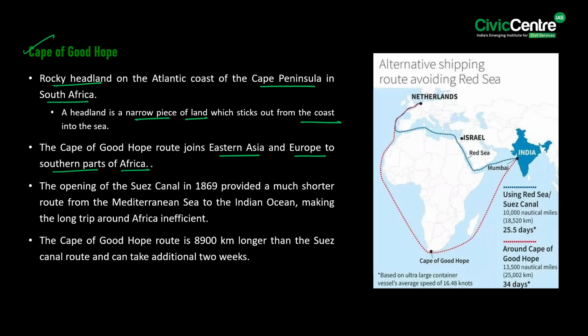Significantly, the opening of the Suez Canal in the year 1869 provided a much shorter route from the Mediterranean Sea to the Indian Ocean, making the long trip around Africa inefficient. Notably, the Cape of Good Hope route is 8,900 km longer than the Suez Canal route and can take an additional